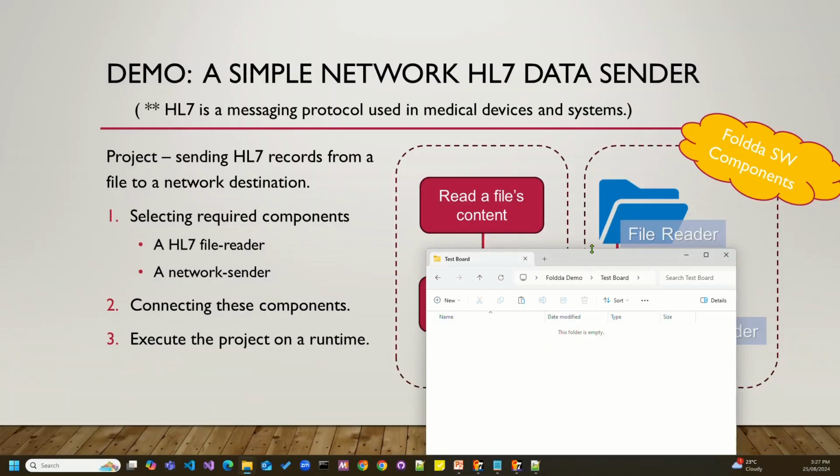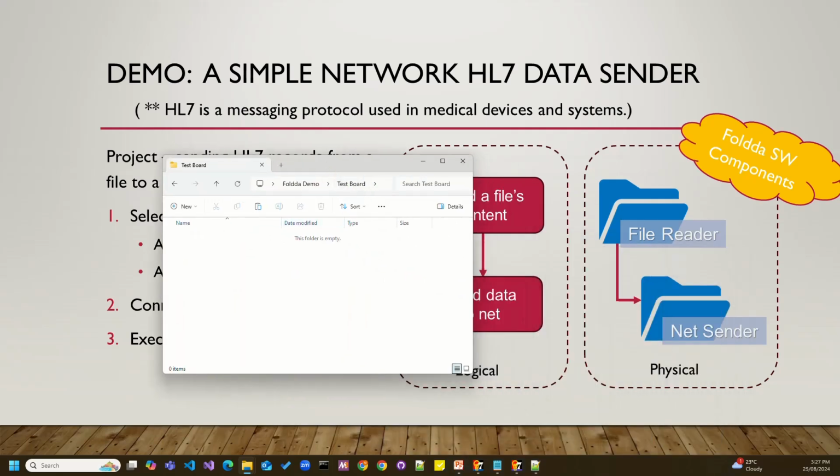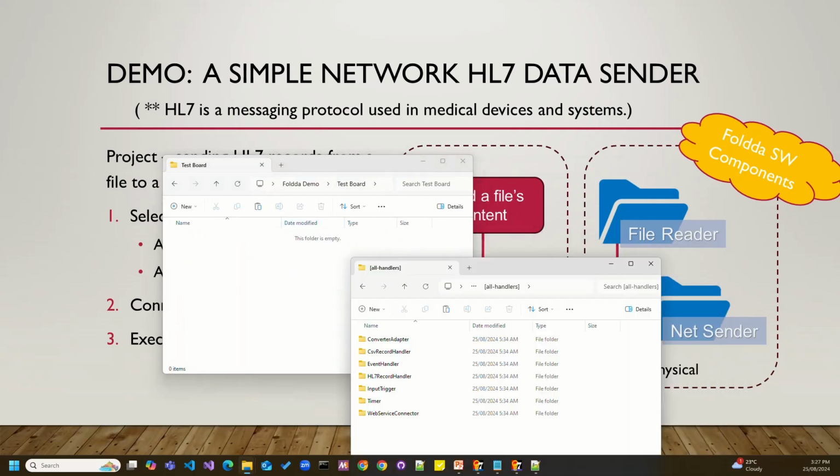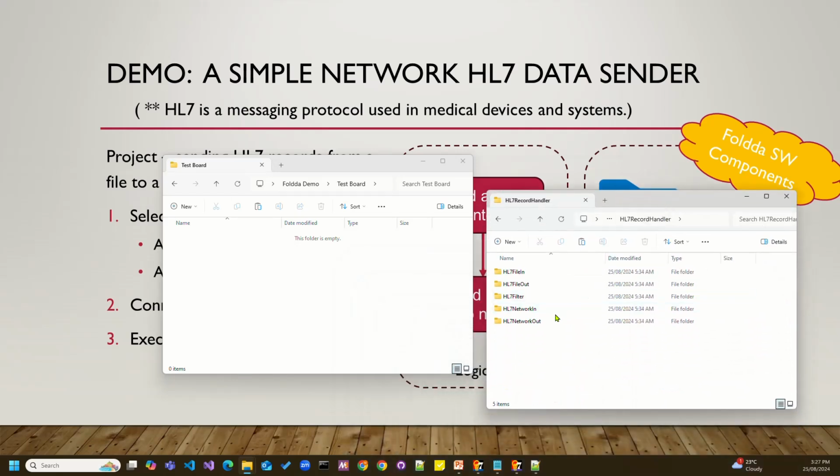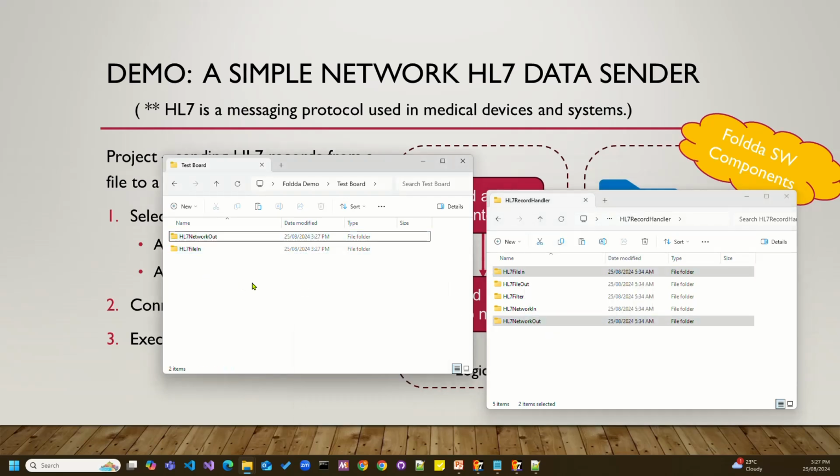So now here we have a blank empty directory. We are choosing two modules. One is the file reader, one is the network sender. The file reader is this module here. We just hold down the control key, select the file reader and network sender, then copy and paste. Now we just rename it. It doesn't matter what the name is, as long as the feature is the same. So we have a file reader, and then